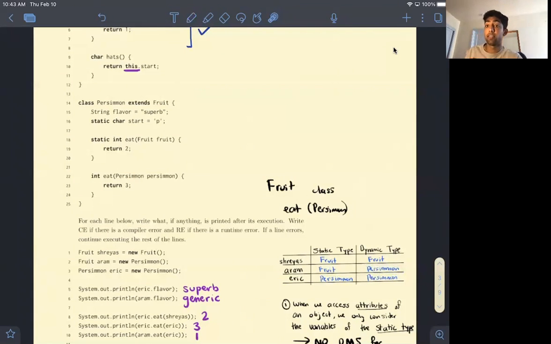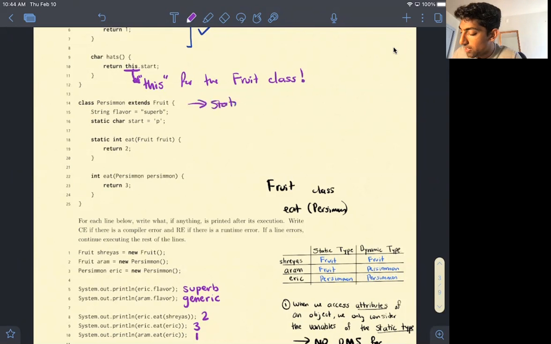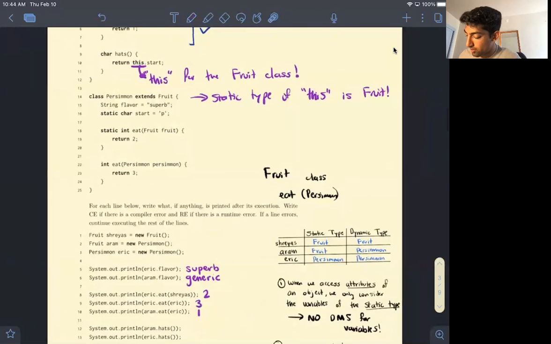So what's important here to understand is that this keyword is in the fruit class, right? It's the this for the fruit class. So what that means is that the static type of this is fruit, right? So just to recap what we've learned so far, is that when we do aram.hats, right, what